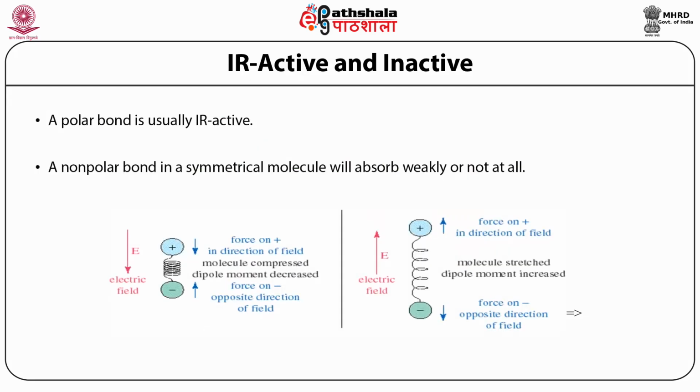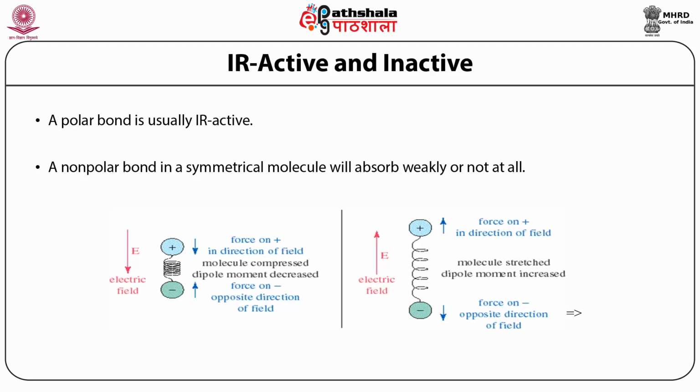We discuss here what kind of chemical structure gives you the IR spectra, like which compound is IR active and which compound is IR inactive, or you can say what are the major requirements for the compound to be IR active. There are only 2 simple criteria. A polar bond is usually IR active, and a non-polar bond in an asymmetric molecule will also be observed weakly